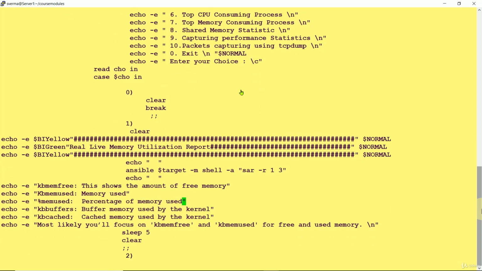Okay, now here you can see what I have done. Simple, I have done this: Ansible target servers that you will specify, your target groups, -m shell, and sar -r 1. So with this command, what will happen? You will get the detail of the